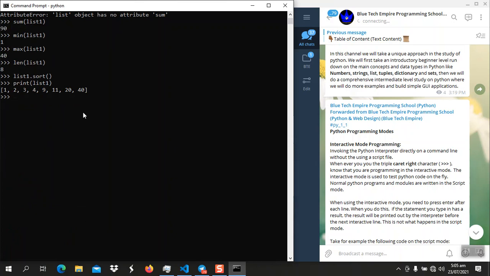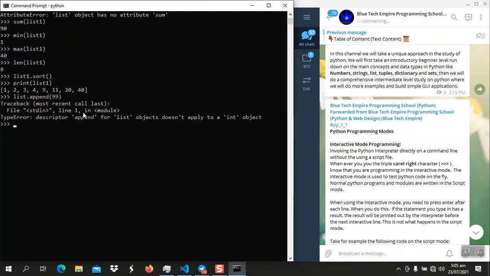You can do a lot of things with the interactive prompt. For example, I would like to add an item. I want to add 99 to the back of the list. I will just say list1 dot append. We are going to learn about lists. I'm just showing you guys. Rather than list, it's list1. All right, now if you print list1,